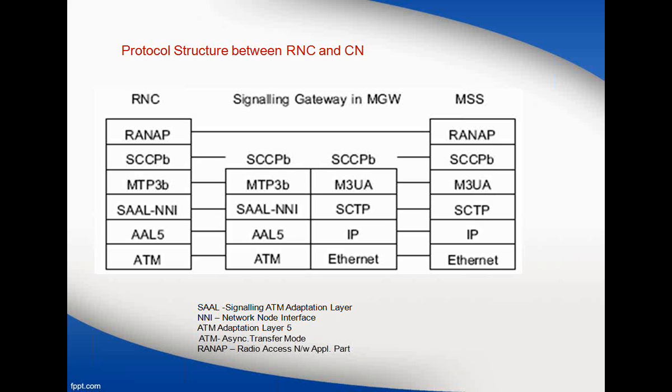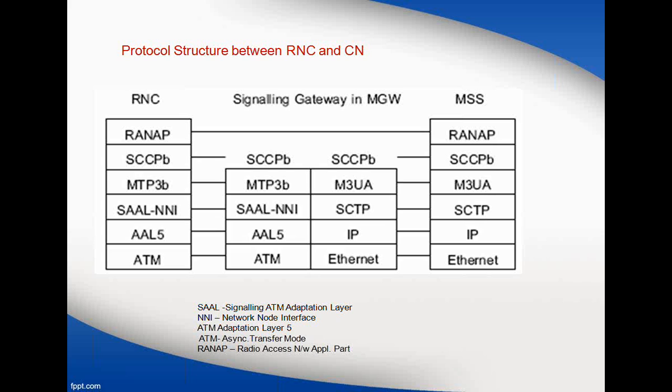So again, when we are moving towards IP based, as I said, there is a transition that you have a new transport layer protocol, SCTP. Then this SCTP is going to communicate through your MSS with the SCTP of the MSS. So this is how the protocol mapping is done. When you migrate from a normal SS7 signaling node to SIGTRAN, you are able to see that you have a new component, SCTP, which is nothing but a new transport layer, which is going to take care of all the enhanced activities while carrying the TCAP messages.